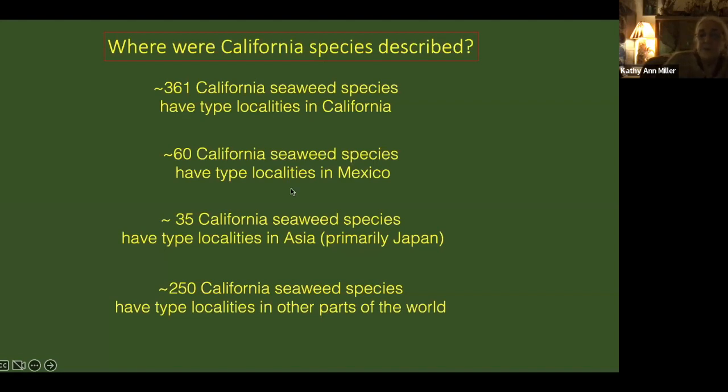60 California seaweed species were described from Mexico. And that makes sense because the coastline continues down and borders are arbitrary for seaweeds. 35 California seaweed species have type localities in Asia, primarily in Japan. And in fact, as you'll see, we share species with Japan. But some species that were once thought of in common, California and Japan, in fact, are not. And I'll describe that. And then a whopping 250 California seaweed species